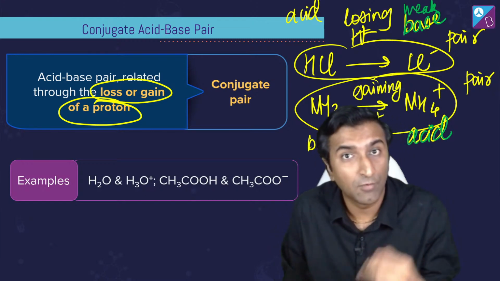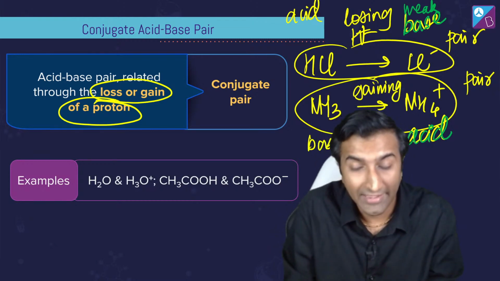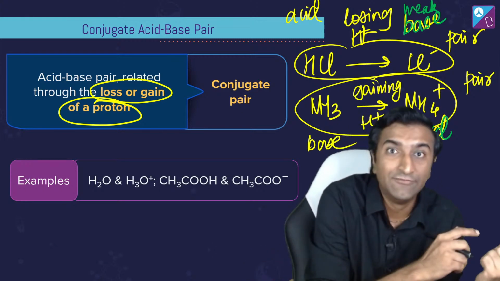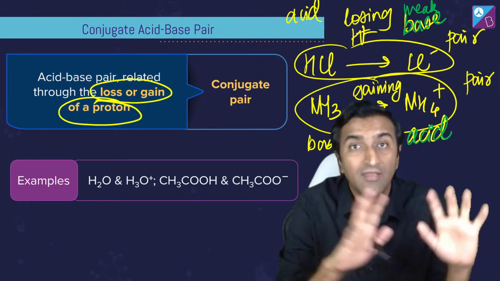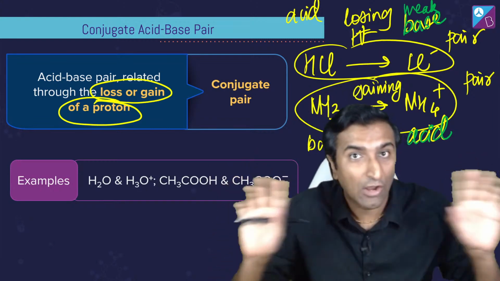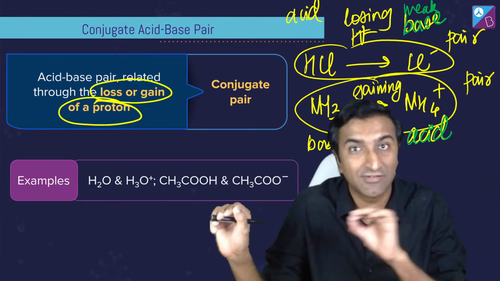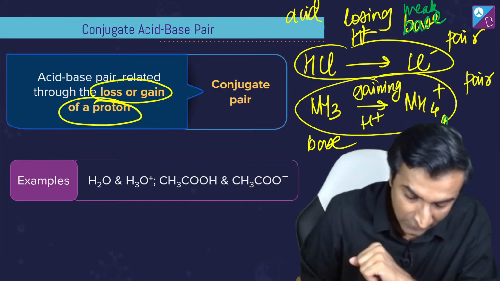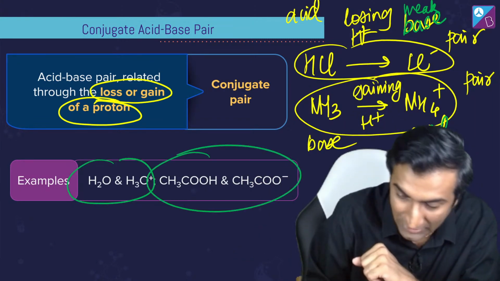Similarly, NH3 is a base because it accepts H+. But NH4+ is an acid. It can give away H+ in the backward reaction. अभी, now I hope you're comfortable कि reactions can go forward and backward. No doubt there, right? पूरा chemical equilibrium क्या मतलब? Reactions can go forward and backward. So, that's why these species are given.